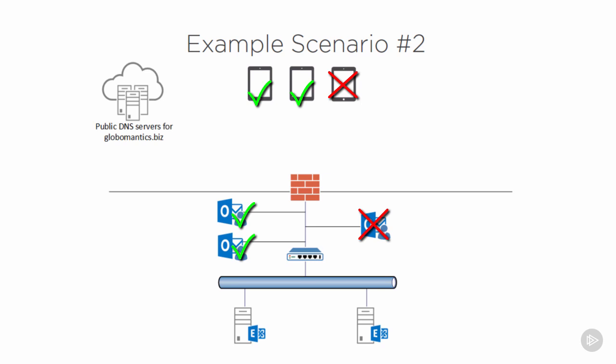If multiple external users are able to connect to Exchange, then it's likely that DNS and firewalls and load balancers and even the servers themselves are healthy. And similarly, if internal clients are able to connect, then the same is probably true of the load balancer and the servers. But if you have that one particular user who's having some issues both internally and externally, well, maybe the problem is isolated just to that user, and you should start looking at mailbox-specific causes of those